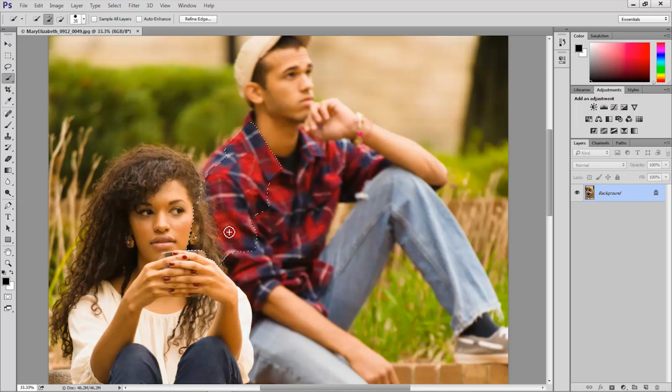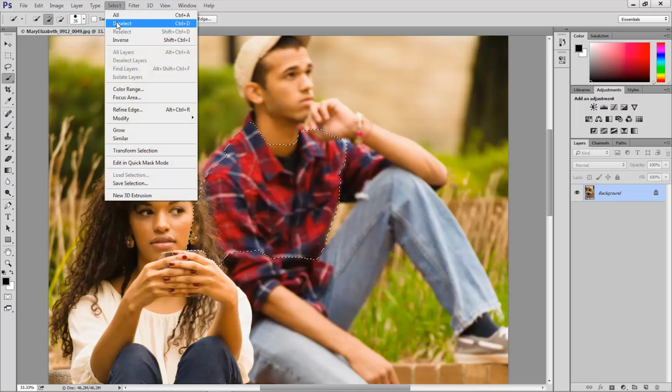And the shirt's a little out of focus and the hair is soft, so there's a little bit of a texture similarity. Let me continue on here, and when I get close to the hand, notice a little bit of the palm gets added to the selection. So that's another part that I don't want added to the selection. Now I could deselect that, but before I do, I'm just going to start from scratch again. I'm going to go Select, Deselect,